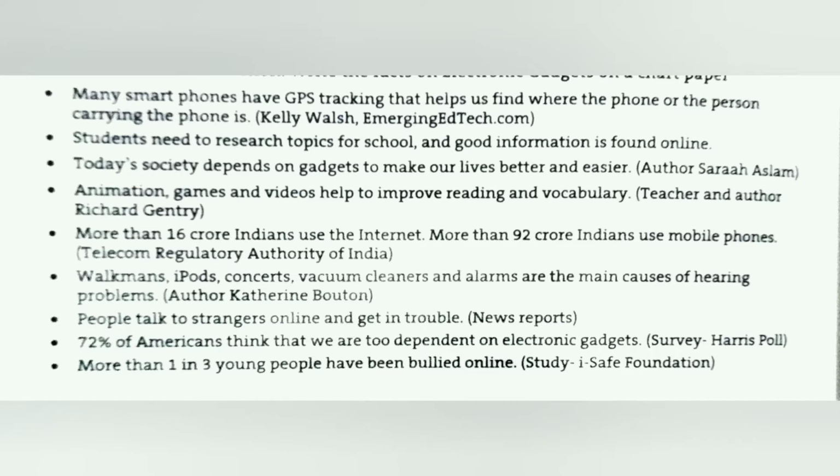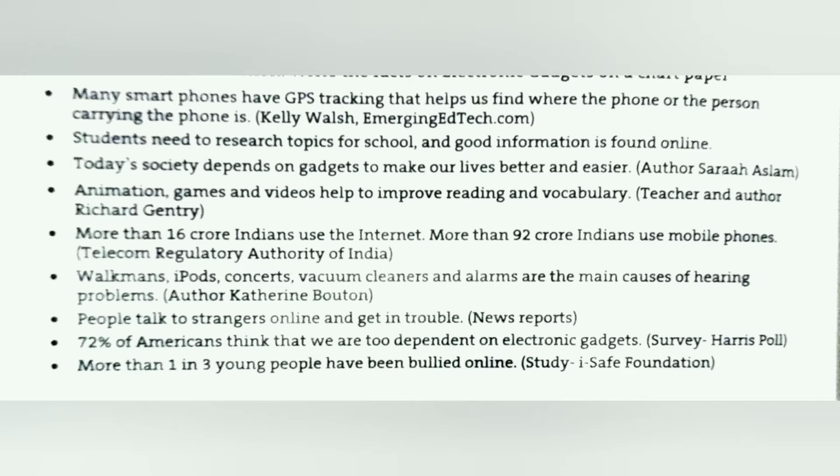What evidence have we found for the two arguments? What type of evidence was each? Electronic gadgets are good for us because they help us talk to people all around the world, find information easily, and help us learn new things. Electronic gadgets are bad for us because people get addicted to them, people depend on them too much, and they can also cause health problems of the mind and body.